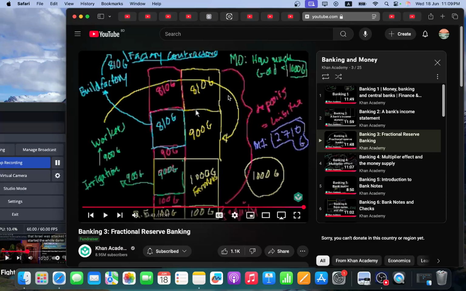They pay us back, and again, for the sake of simplicity, we say that at the end of the day, 810 is what we are basically keeping as our cash deposit, like the cash asset. So the question is, how much wealth has been generated? Not how much wealth, but how much money is there in this particular small economy.